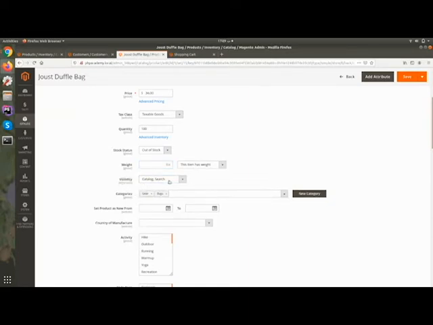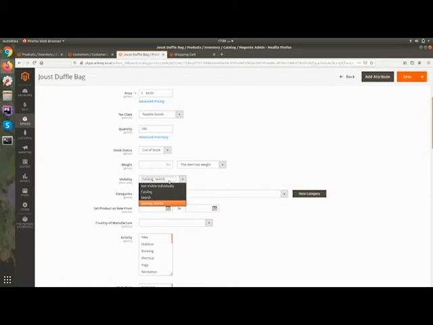Visibility. We have 4 types of visibility. First is not visible individually, then catalog, search, and catalog search. Not visible individually is used when you are creating products for a configurable product, group product or bundle product.